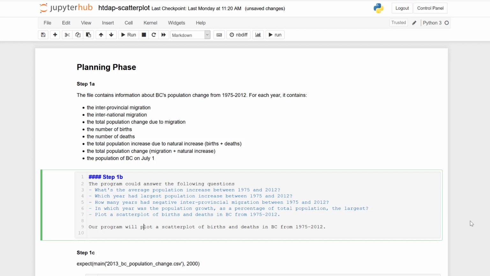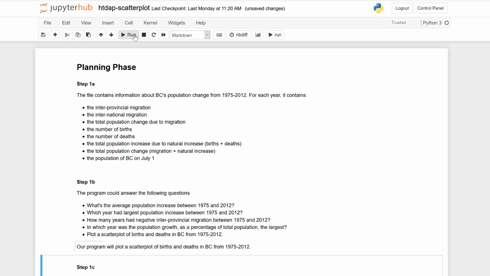So our goal is to plot a scatter plot of births and deaths in BC from 1975 to 2012. It's no longer framed as a question, but it is our goal for our program design.